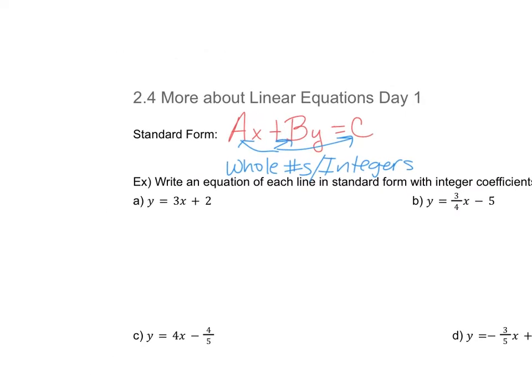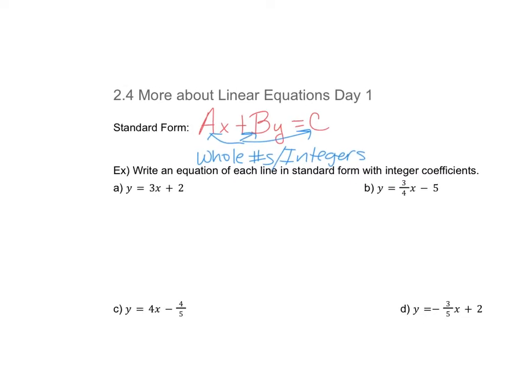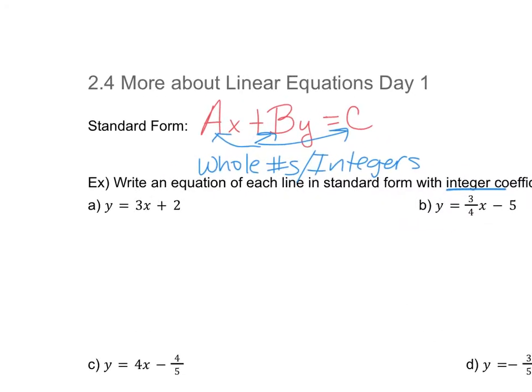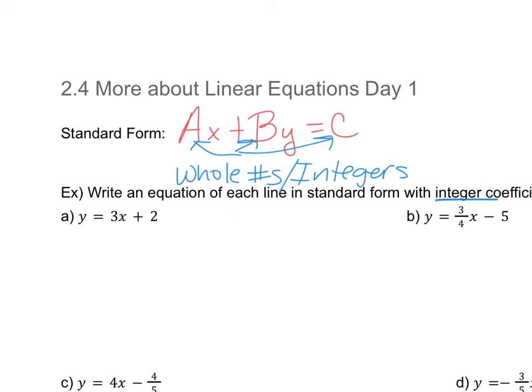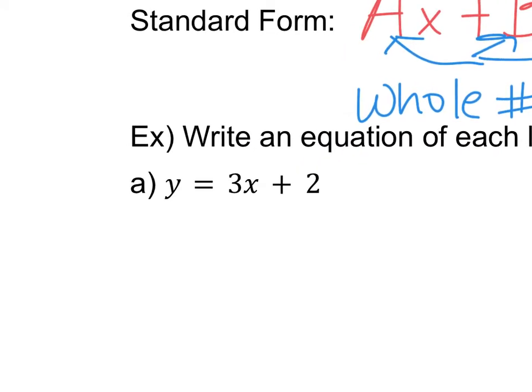So the first one, write the equation of a line in standard form with integer coefficients. So, okay, what do you notice about standard form? It's going to have something x plus something y equals a number. So the constant, that number, needs to be by itself on one side of the equation. Where's our constant? It's 2, right? So we need to get the 2 by itself and make sure that we don't have any